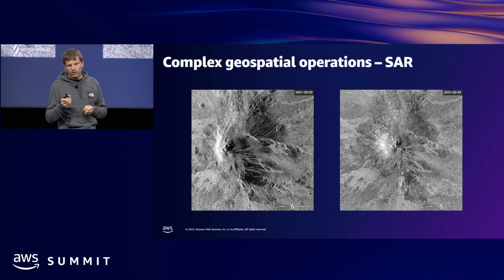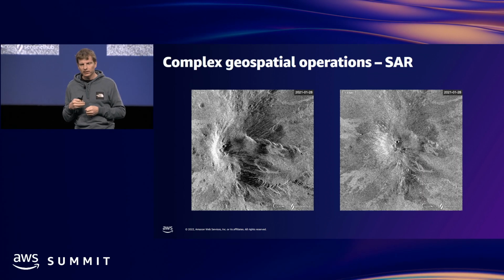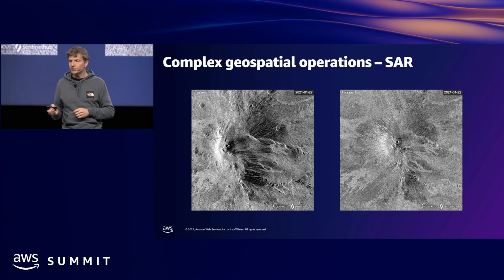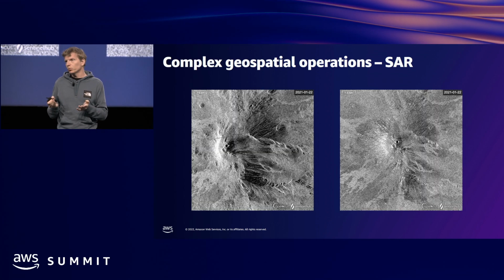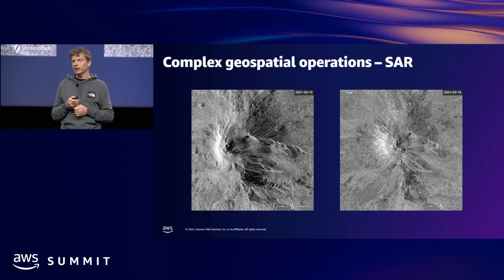For those working with radar data, this is one level more complicated than the optical, because the data needs to be first auto-rectified and radiometrically terrain corrected, and all the steps that you need to do. Again, complicated, but with the API, just another parameter to do, and you get the data in an analysis-ready form